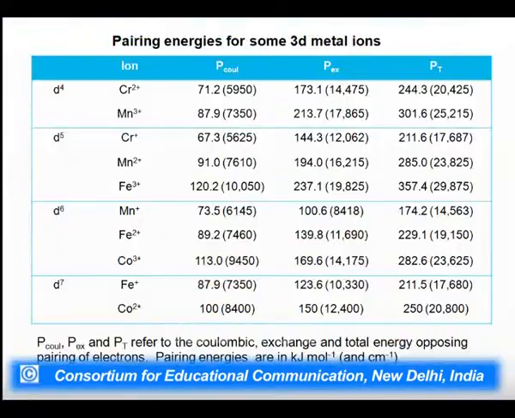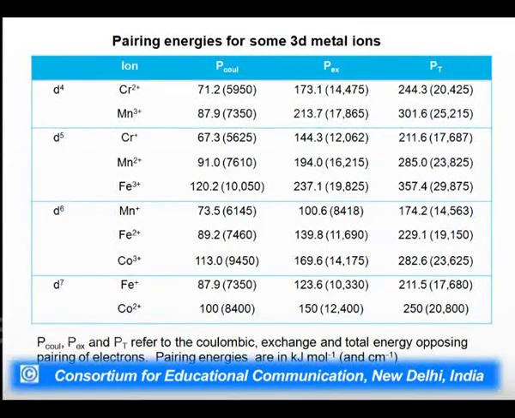So, if we look at this table, it gives you the total pairing energy of different transition metal ions of the 3d series. Now, the third column is the Coulombic contribution to the pairing energy. The fourth column is the exchange energy contribution to the pairing energy, and the fifth is the total pairing energy. The energy values are given in kilojoules per mole, and the values in brackets are the corresponding values converted in